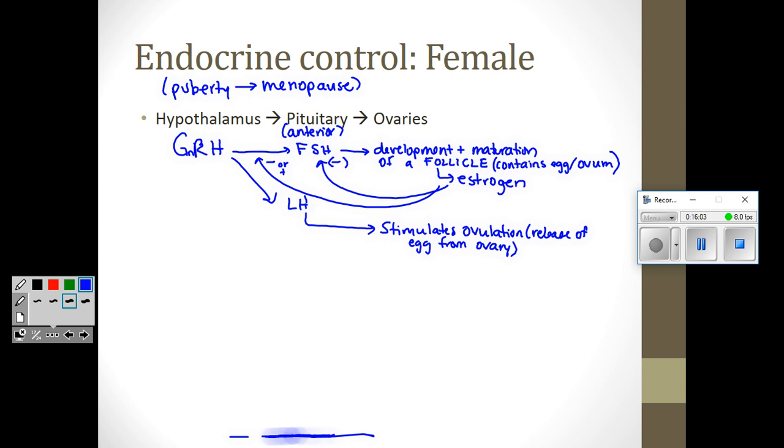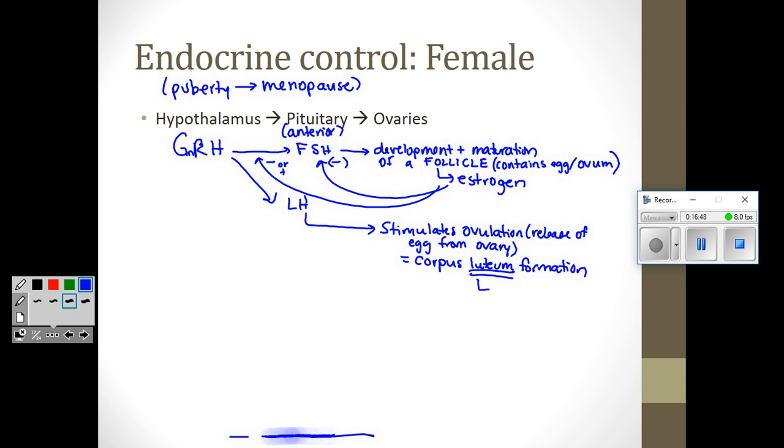And if you just look at that, you might say, I still don't see why it's called LH. Where is that L coming from? Well, once the egg is released, what's left of the follicle is called the corpus luteum, and that is where luteinizing in the luteinizing hormone comes from. So this structure that's left once the egg is released is called corpus luteum, which is where you can see the link to the name.